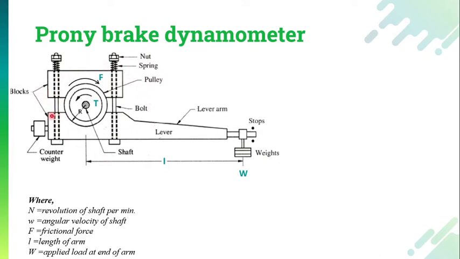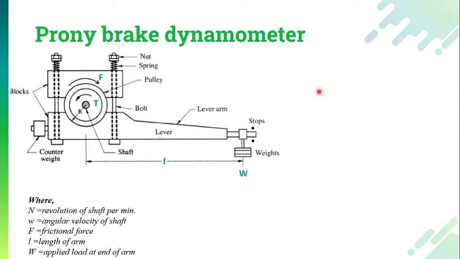Now to stop this dynamometer from rotating, there are two stops provided basically. This is one stop and this is the other stop, so the whole dynamometer does not start to rotate. Now to stop this rotation, or say this reaction, some weights are added to the system. So the whole reaction force will be balanced against the weight, and once the counterbalance is achieved, the measurement is done. Now let us check out how the measurement is done, how the power will be measured.